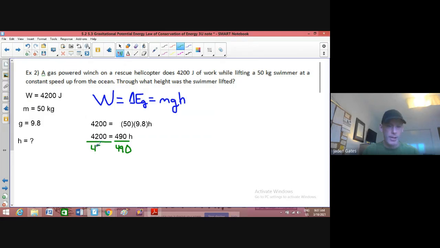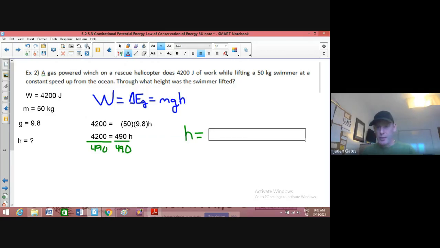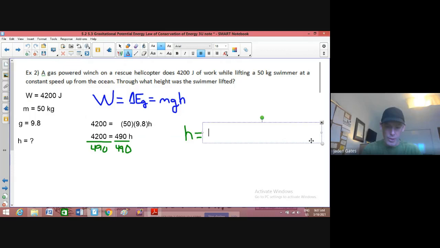And let's see here. Our h value, if we take 4,200 and divide it by 490, this person has been lifted up about 2 or 3 stories, maybe 4 stories: 8.57. And again, because we're in standard units, meters. All right, so again, the work by the winch increases the gravitational potential energy of our person who needs to